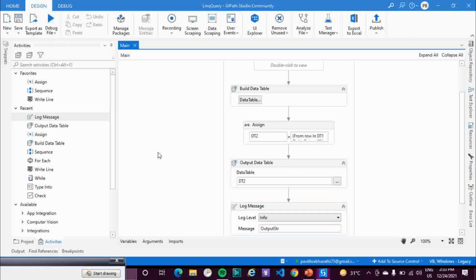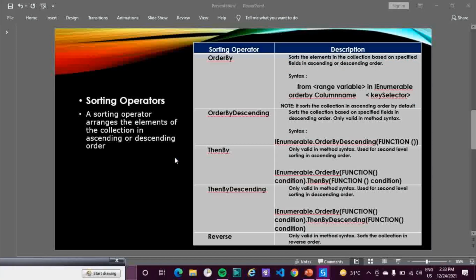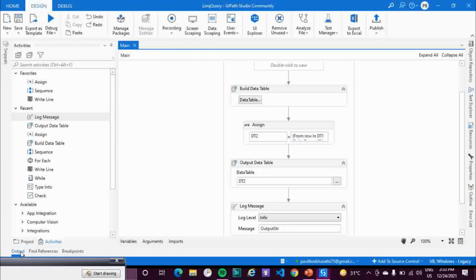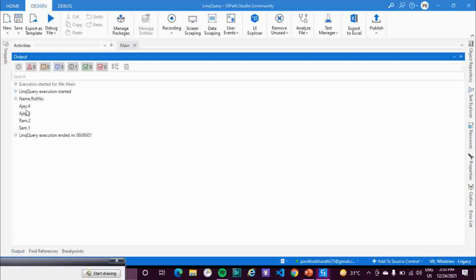Let's run this now. I am actually using order by for ascending order. You see, it's in ascending order.